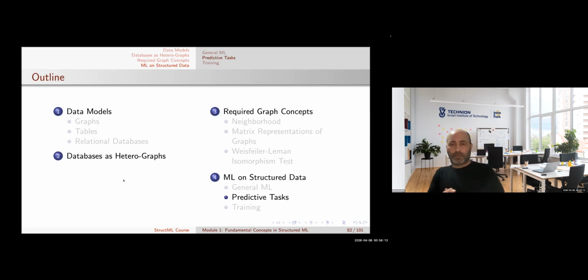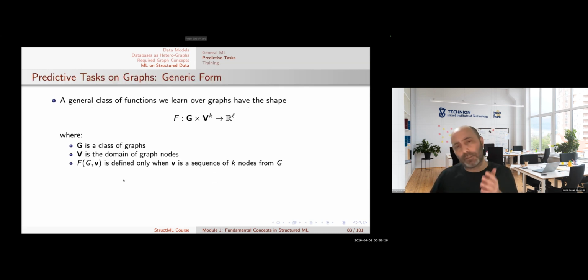So now we go back to our structured data and let's see some of the popular or traditional machine learning tasks on such data. Let's start with graphs. Okay, so in general, the kind of functions we learn on graphs have the form of,